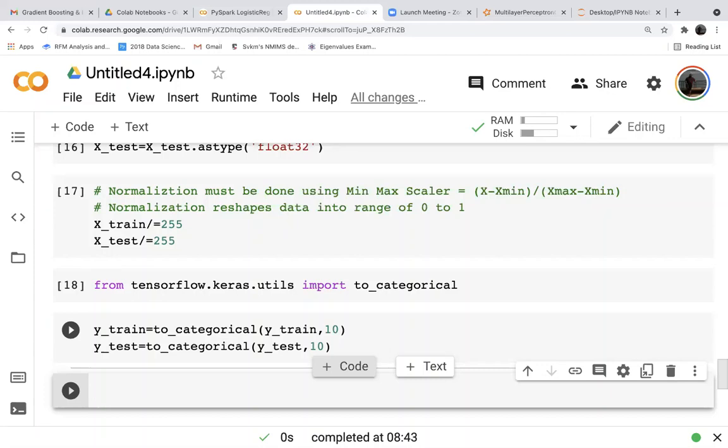Okay, all of you have done this? Yes, sir.